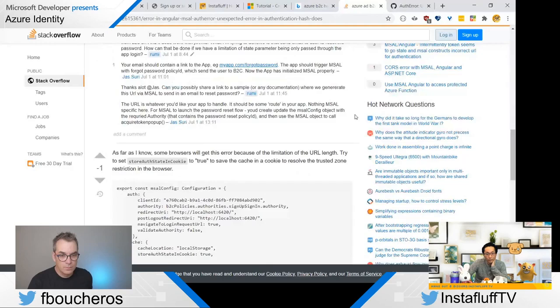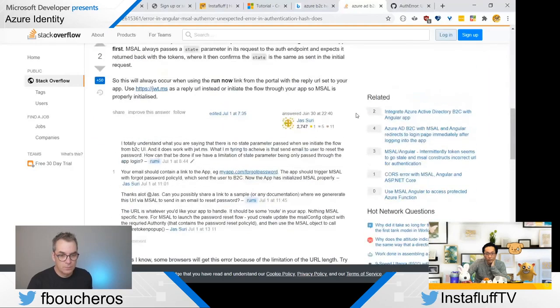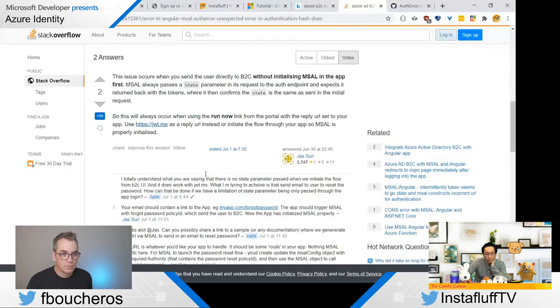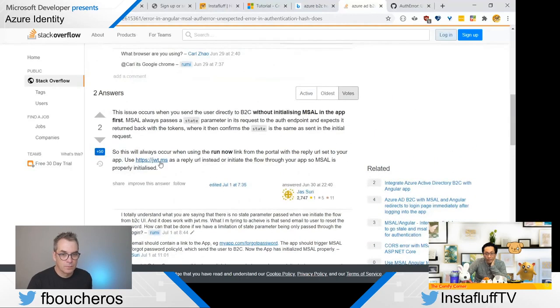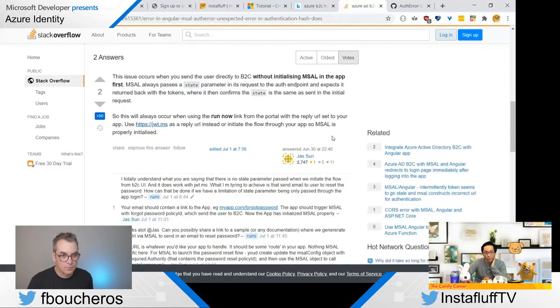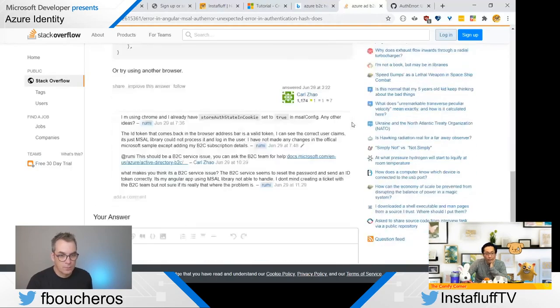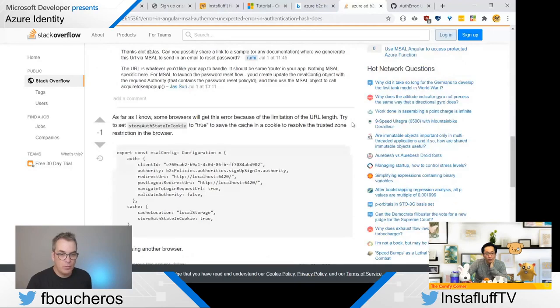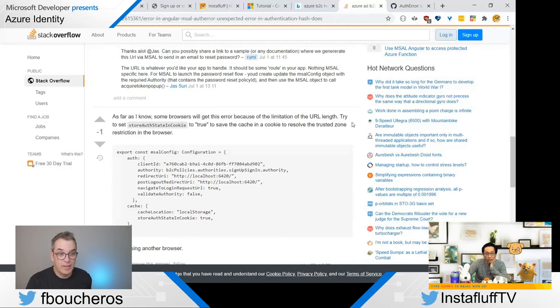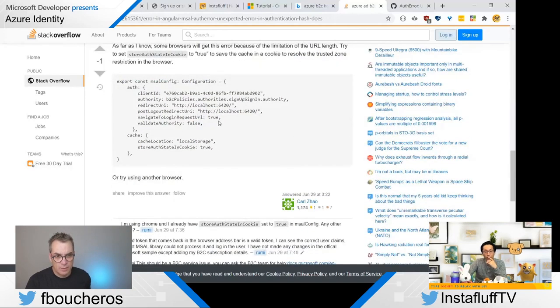Oh. I'm not sure what that means. It needs to be properly initialized. Yeah, maybe the code sample doesn't follow the update of the API. Yeah. Though it's strange because of the documentation. When was the last time it was updated?